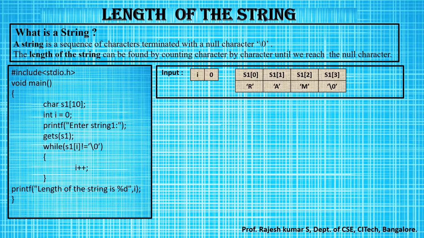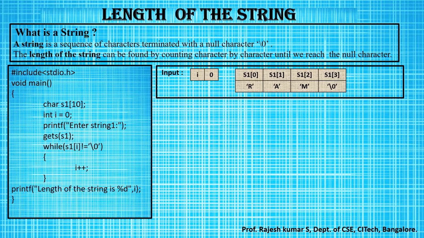Now coming to the program, we write the program by starting with the header file #include <stdio.h>. Then void main is the beginning of the program, and all the statements are written inside the curly braces, open and close, of the void main. Now the very first line inside the main function is declaring the variables which will be used in the program.